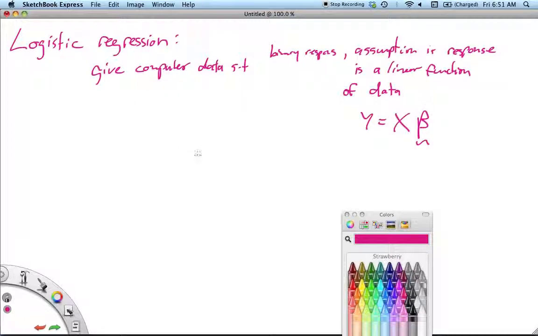Right, so what is the computer going to do? Well, this much is not so clear to me. But what I do know is this. You're going to give the computer data, and it's going to spit out a linear model. Now, don't confuse this with the linear probability model that we saw before. The computer is going to do something crazy, and it's going to give you